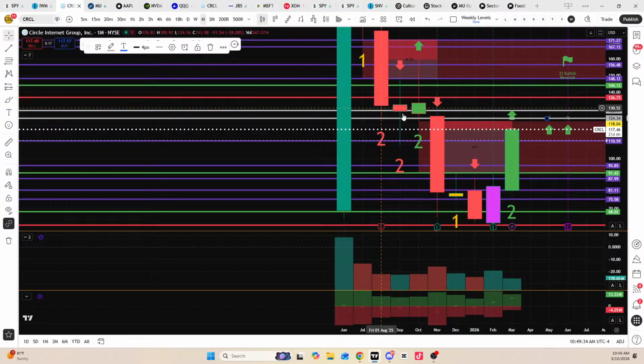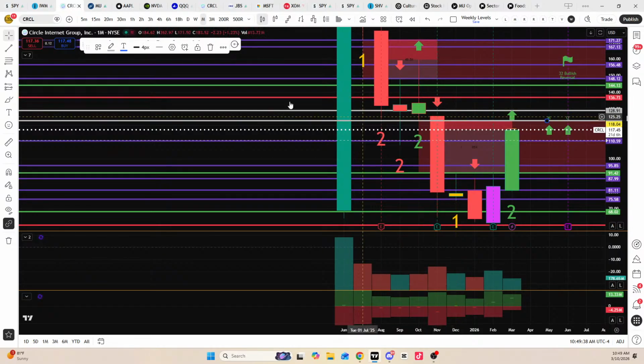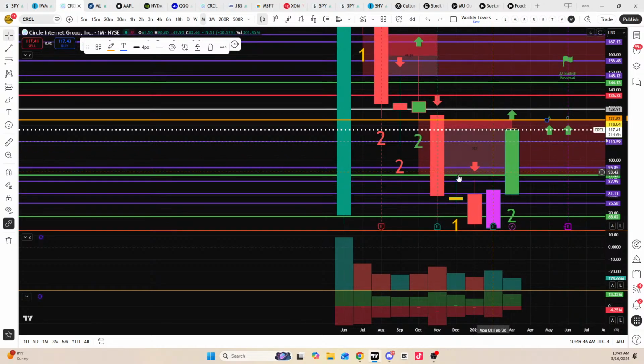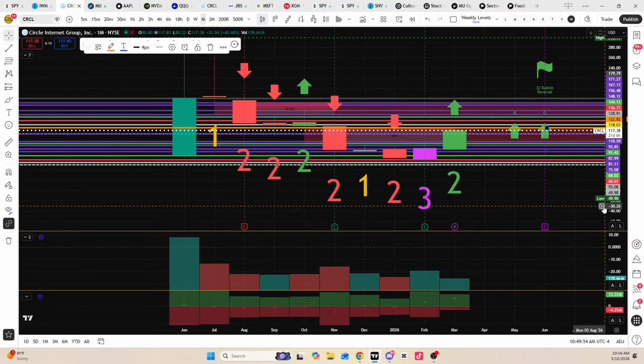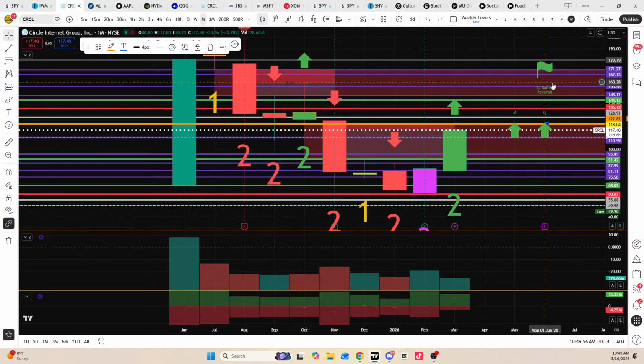Let's go to monthly levels real quick. I had a feeling that was a monthly level. Someone told me this is a monthly level right here, 120, 122. 122.80. That's gonna be a monthly level. So when we get above there, that explains the selling block as well. So once we get above 122.80, that could be a go. And you could ride that wave all the way back up to the 160s.